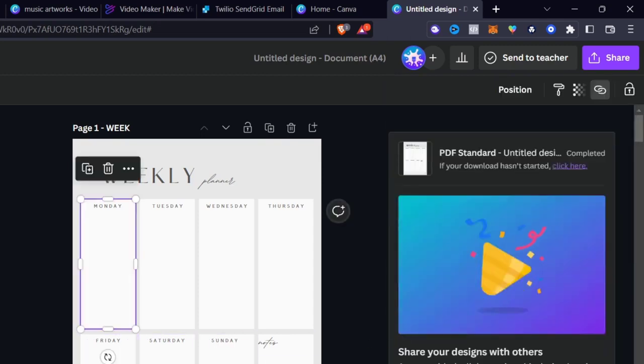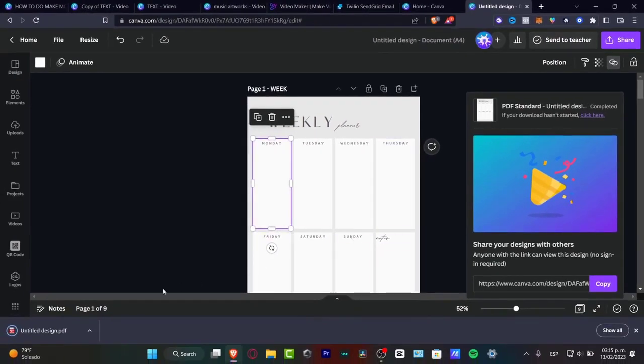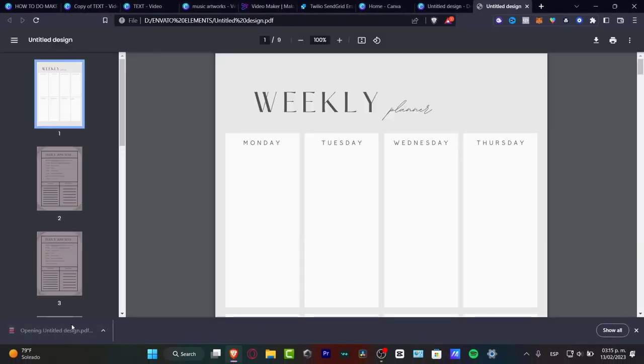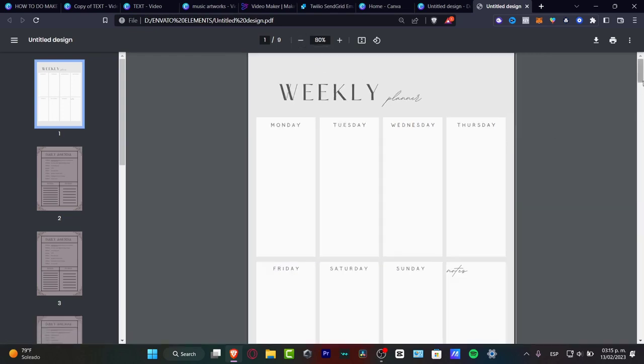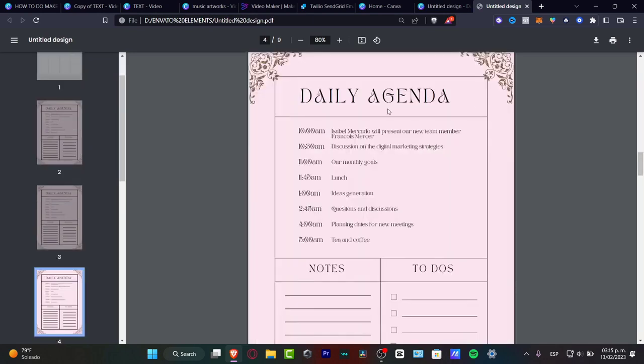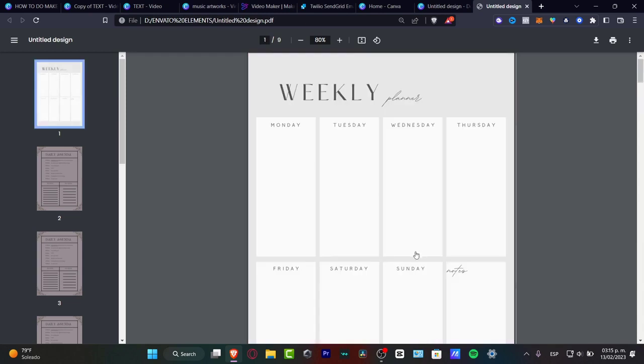So now as you can see, my document has been downloaded. So if I just click the one here, it's going to appear as my actual document. So as you can see, we have now the hyperlinks. I'm going to make this a little bit smaller so you can see if this one actually works. So we have the weekly planner, and if I click, let's say for example Wednesday, it's going to send me into my daily agenda of Wednesday. So with that being said, guys, this is how we can create our digital planner